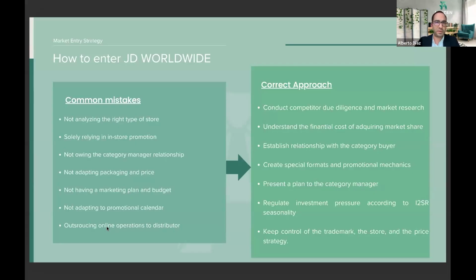Sometimes you will find that maybe the 1 liter olive oil bottle that you sell in many other markets doesn't fit in China because they use olive oil in different ways than in the West, and therefore there's a different smaller packaging or a smaller price point packaging to attract new customers to try the product before they commit to a larger price, etc. So understanding packaging and price is very important as well, and to have a marketing budget,